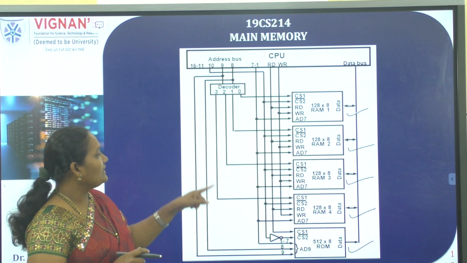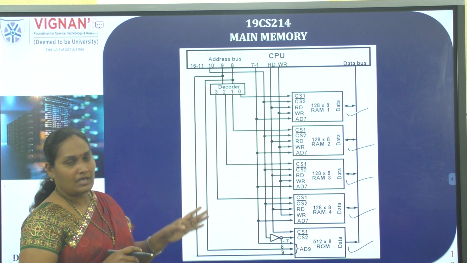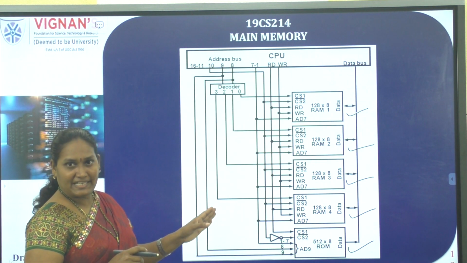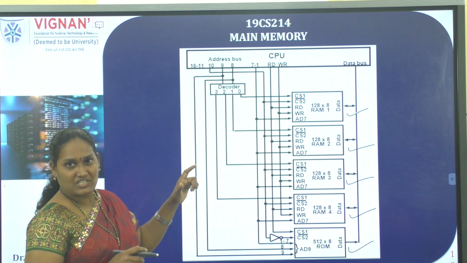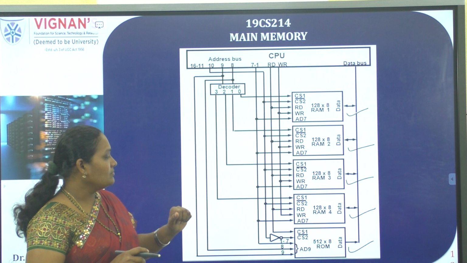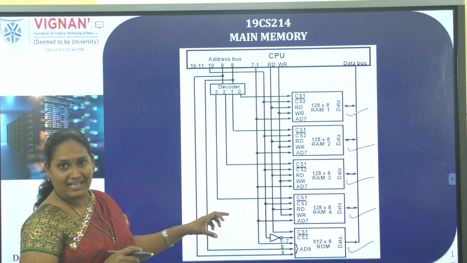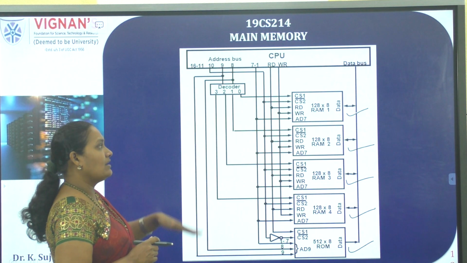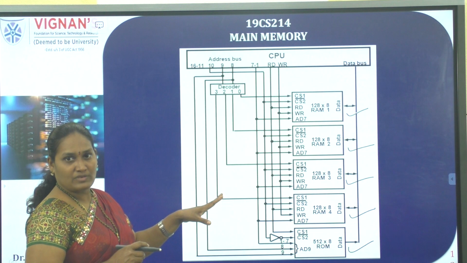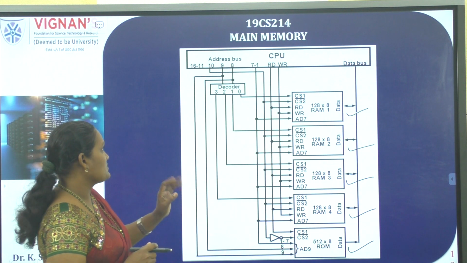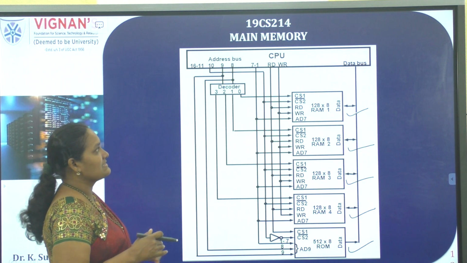All the 4 RAMs are of size 128 by 8. That is, each RAM contains 128 locations. And coming to ROM, it is of size 512 by 8. That is, the ROM contains 512 locations. And for all the RAMs and ROM, the data is 8 bits only. Each location can hold 8 bits of data. First of all, let us observe how it is connected. Later we will discuss the details.